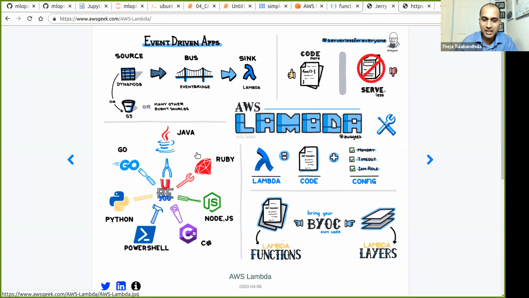And that's it. You can define this Lambda using many different languages. I know some of you know C#. Today in this course we've been focusing on Python, but you can also use many of these other languages: Ruby, Go, Java, Node.js, JavaScript, basically any of these.